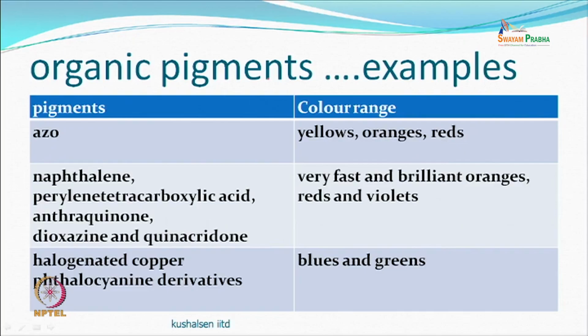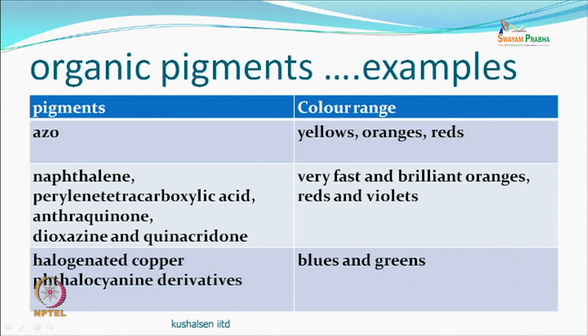Some of the chemistry of pigments, like azo-based pigments, could give you yellows, oranges, reds, quite a lot. That's the kind of range that you can get. The naphthalene-based,